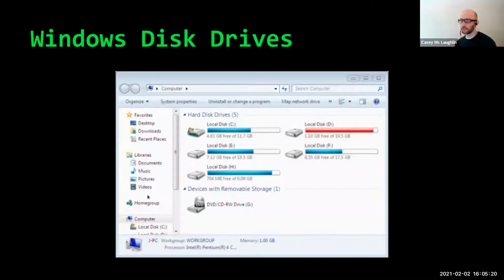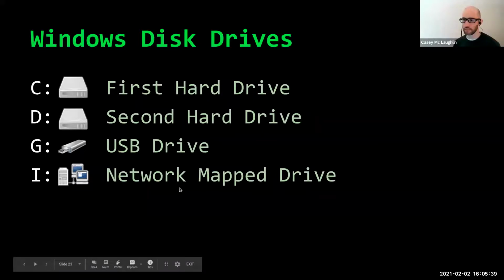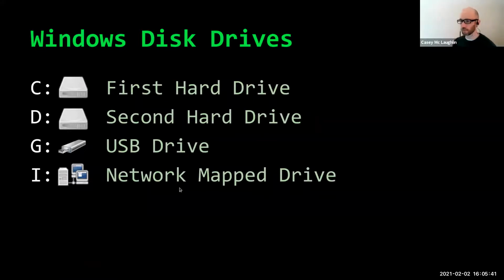Likewise, with CD-ROMs or DVDs or Blu-rays, if you have optical media, it assigns a letter to the drive that reads that too. Everything gets a letter, okay? Including network mapped drives. So if we have a drive on a network, you might refer to it as the K drive or the I drive.